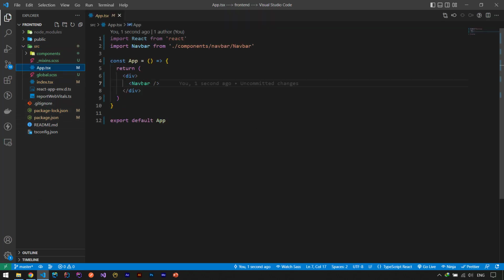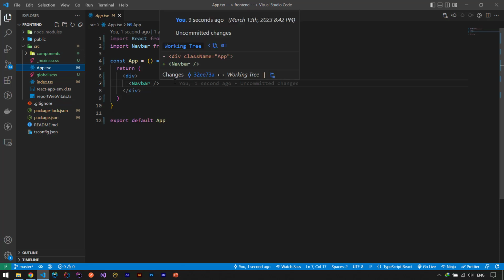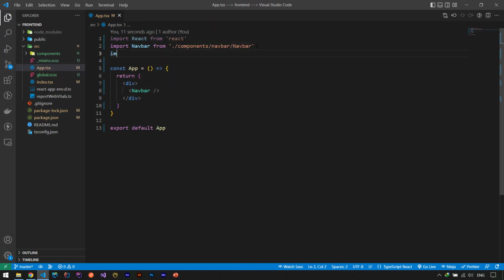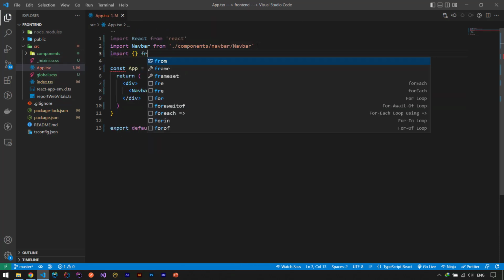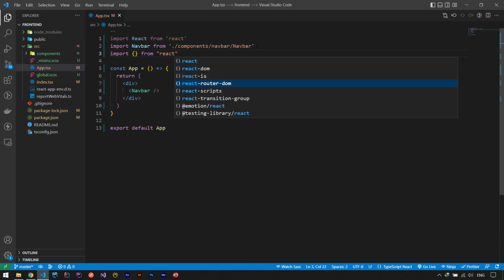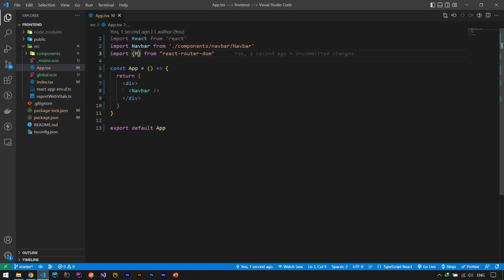Now we have the navbar. Now it's time to work on our routes. I want to have some different pages and some different routes. So let's import something from React Router DOM. I need to use Routes